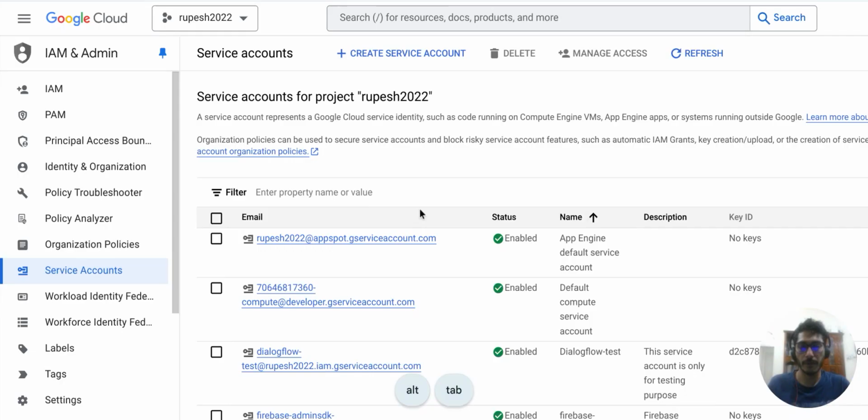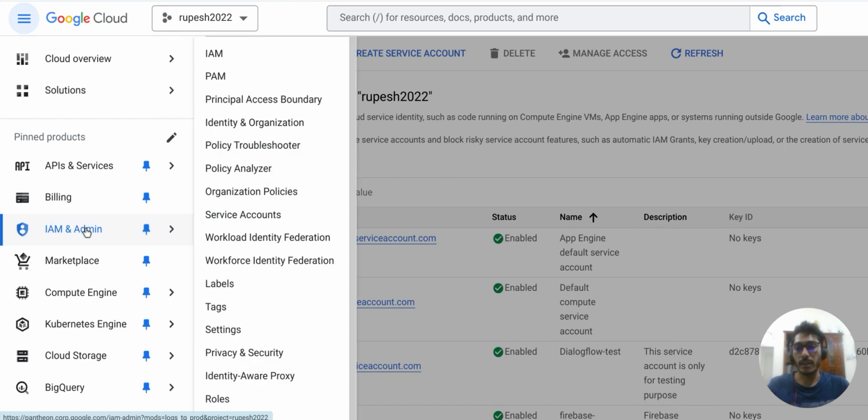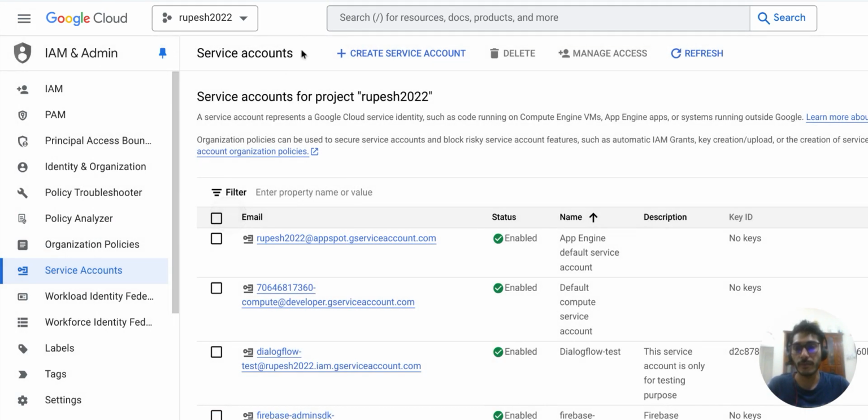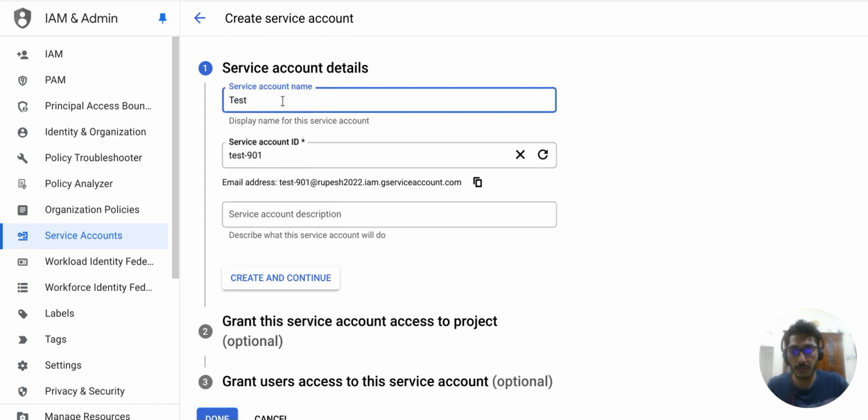So first, we will create a service account. And how can we create a service account? Go to the Google project, and in the IAM and Admin section, click on Service Accounts. On the service account page, you can see this Create Service Account. Okay, and we'll give the service account a name,